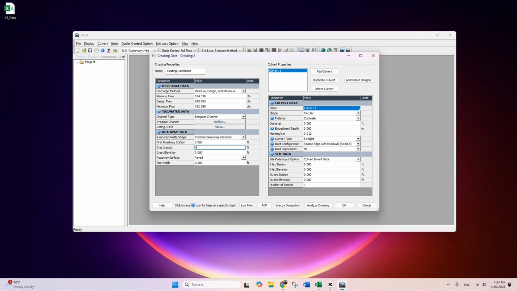This number is only important if the road overflows. If the road doesn't overflow, it doesn't matter. This number won't be used in any of the equations that HY-8 uses. So based on the survey data that you have access to in the GitHub link as well, this number is 90 feet. Crest elevation is the elevation of the top of the road, and we have that information to be 1020,